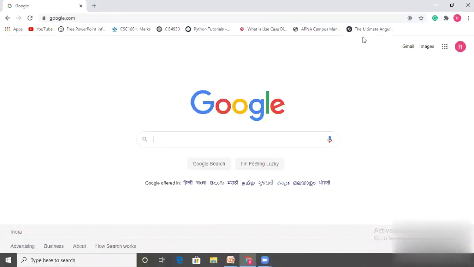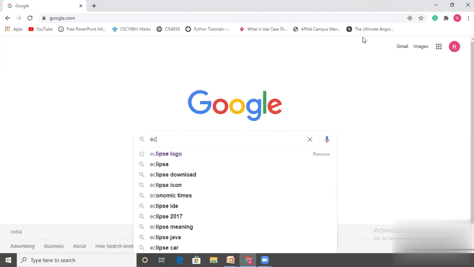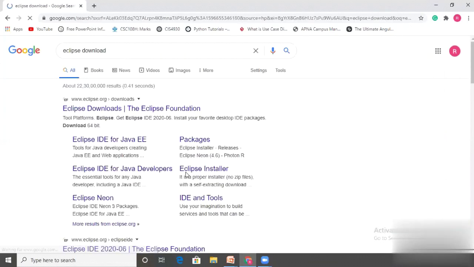For downloading Eclipse, go to any web browser and simply type Eclipse, or Eclipse download. The very first site is www.eclipse.org. Click on it.